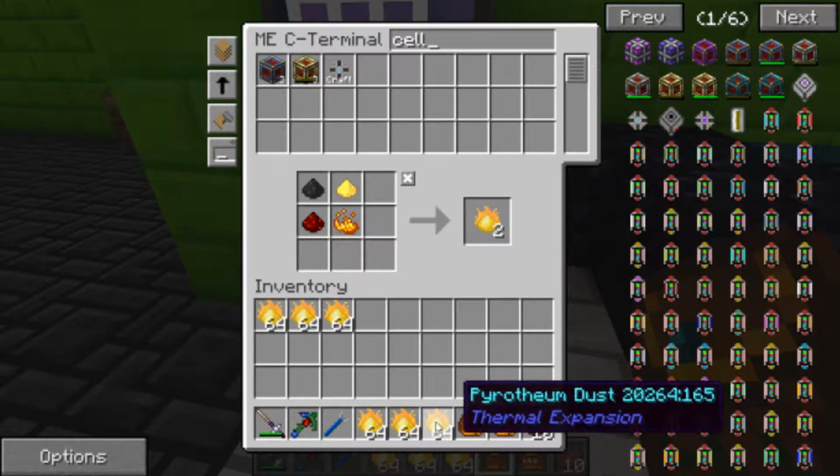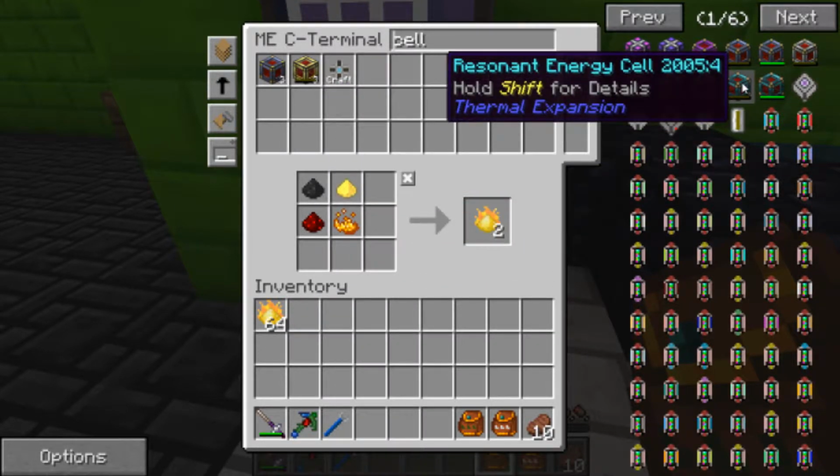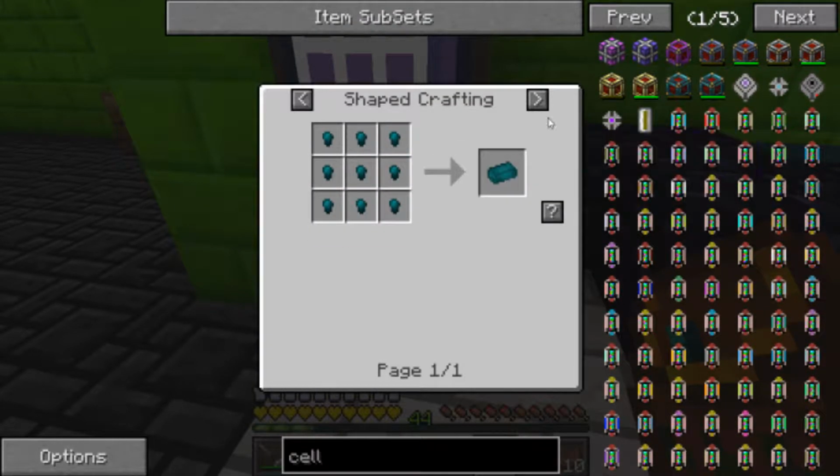So let's go ahead and make... That's a bunch. We probably don't need that much. We made a bunch of pyrotheum. So anyway, the next thing that we need